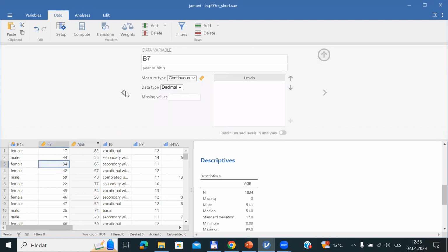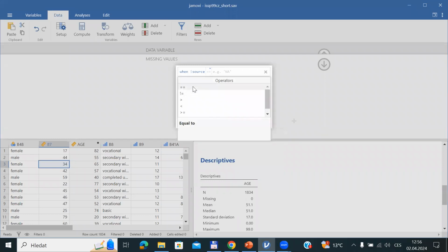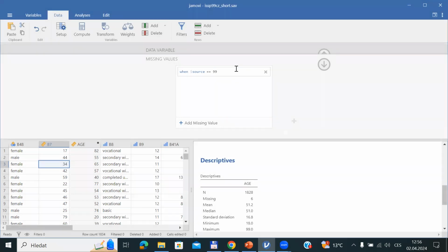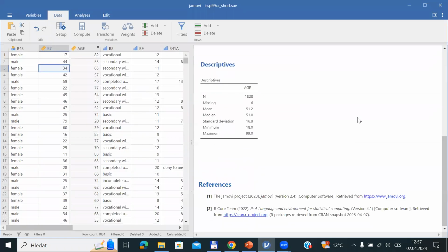So you can go to B7, and you can go to missing values. And here, if you click here to add a missing value, you will take 2 equality signs. Sorry for that, but in our language, double equal sign means equality. And if you type 99, those who didn't answer their year of birth will be omitted from the analysis. So if you click enter, this condition is applied here, and automatically, and that's maybe an advantage, maybe a disadvantage of